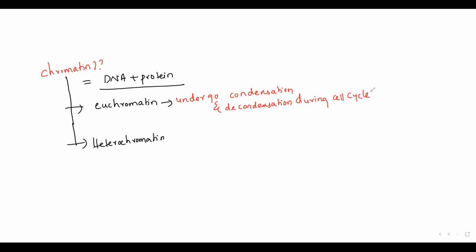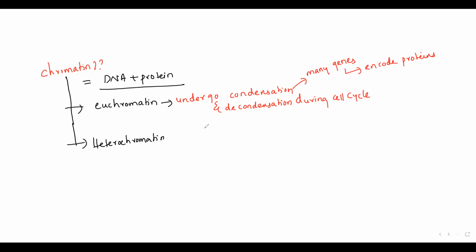Okay, and the other important thing here is, this is the one which is going to contain many genes, and these genes are going to encode the proteins. Okay, so this is going to be your euchromatin. During the cell life cycle, you can see that many of the genes are going to encode the proteins that you will learn in the central dogma in the forthcoming videos. So just remember that the euchromatin is that part of the chromatin which is going to undergo actual condensation and decondensation